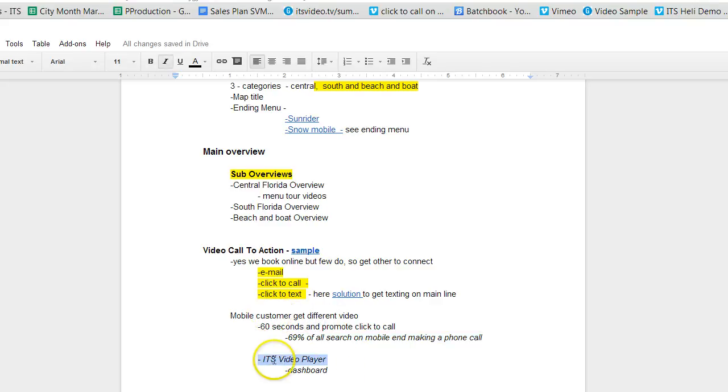We've developed an ITS video player, and it's got a bunch of whistles and bells. And you put your video in this video player and it does a variety of things. One of the things it does is it detects if the person's on a mobile device. And if it does, we play a different video than the desktop version, because the desktop version, look at that,